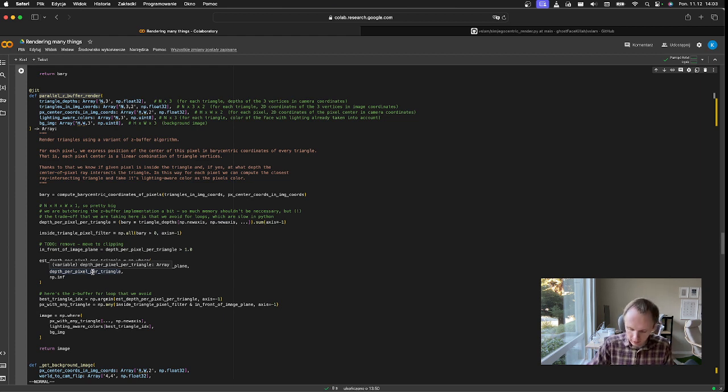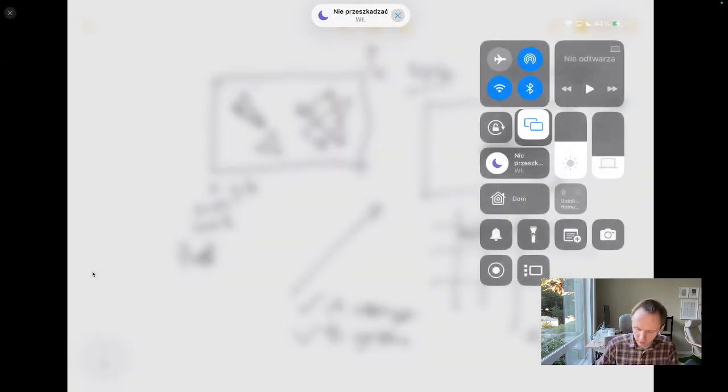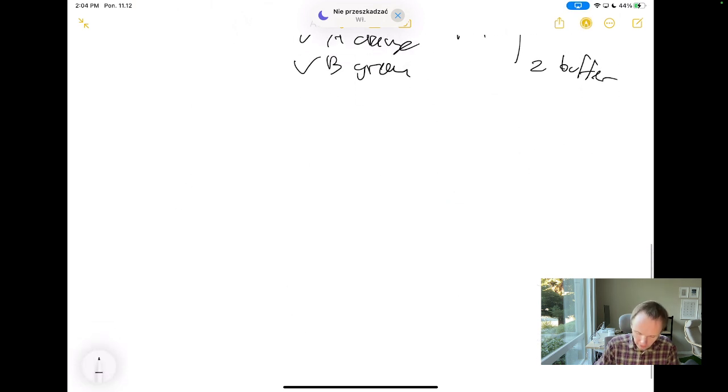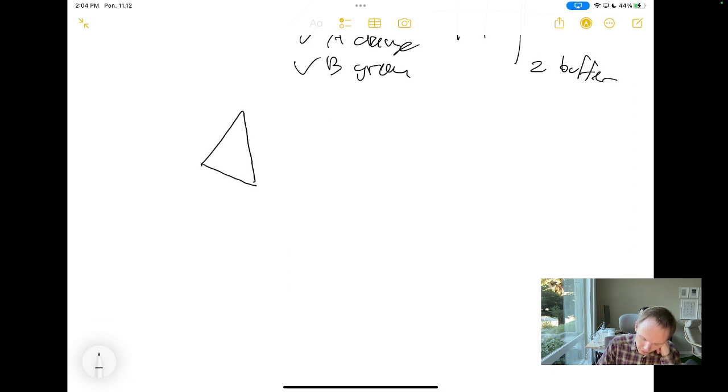There's one more detail I want to share about how I do this. And again, be mindful that this is not how I would write it if I were writing production rendering code, but that's what I did just for fun and just for my own understanding. So if I have a triangle, there's this concept of barycentric coordinates, and that's basically a way of